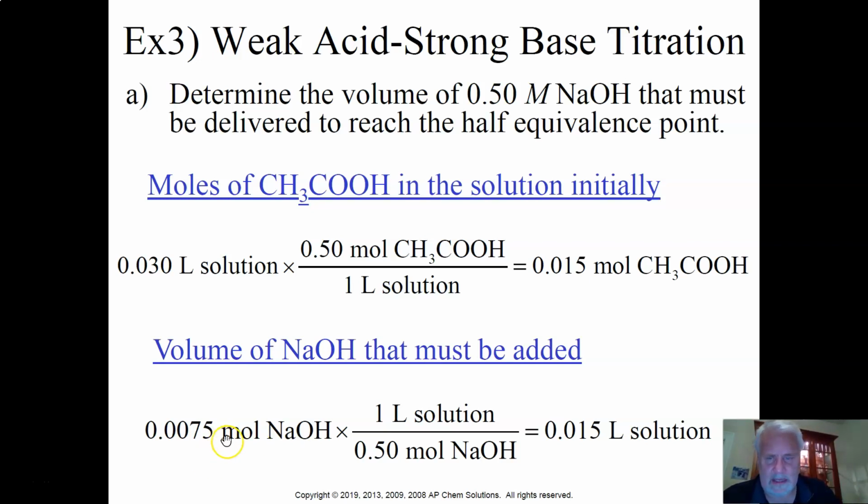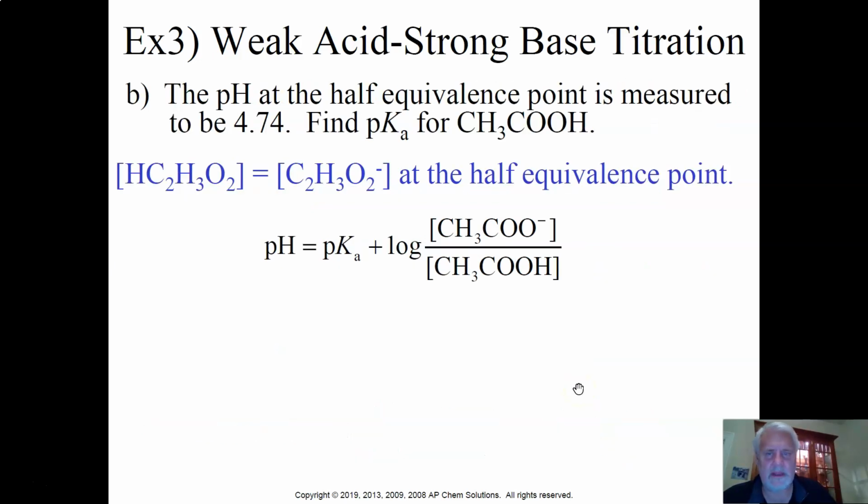And as it turns out, when you divide that, and this, of course, you're starting with the moles, and then you do the concentration kind of in reverse. There we have 0.015 liters of solution. So that's the whole solution. And that's just a kind of a little coincidence that those numbers are the same, because this is moles of acid, and this is liters of the entire solution. Okay? Now,